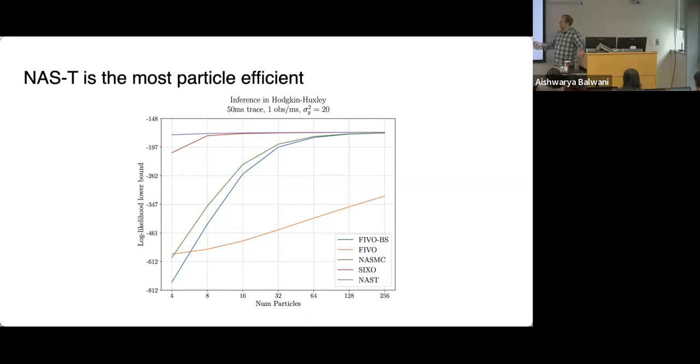And what we see is that with 4 particles, using the new method, we can do as well as 6.0, which is the one that we presented at NeurIPS using 10-ish or so particles, and as well as NASMC using 128 particles. So there's a real savings in terms of number of particles, and that is going to pay dividends when it comes to trying to learn these models, because every time you want to, remember this SMC sweep is happening inside the loop of reweighted wake sleep. So every time you want to take a gradient step, you've got to run SMC. Running SMC with 4 particles is a lot faster than running SMC with 128 or 256 particles.